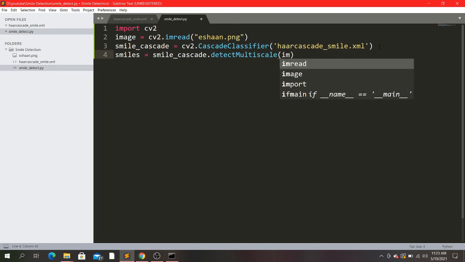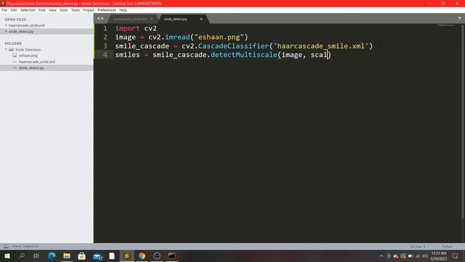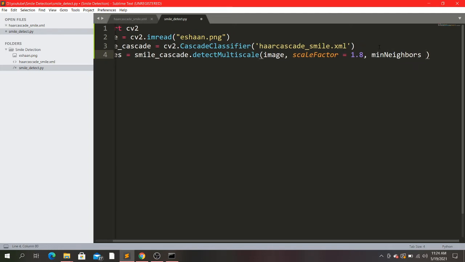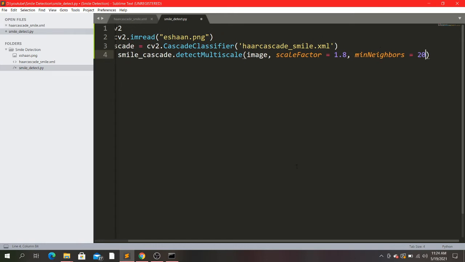The first argument is our image. The next two arguments are very important. One is scaleFactor, another is minNeighbors, equal to 20.